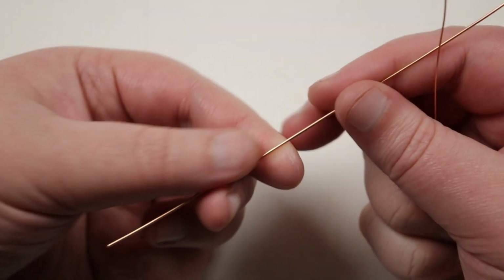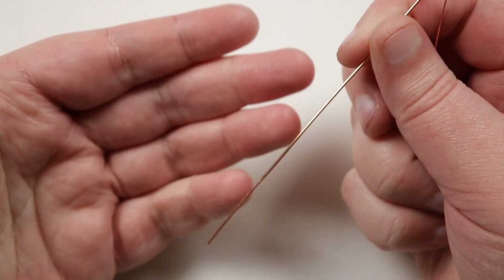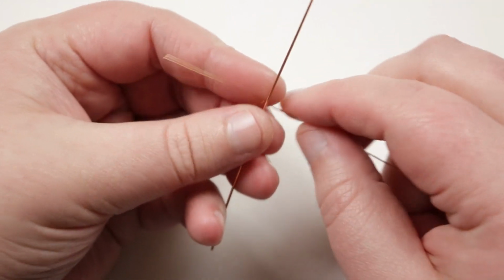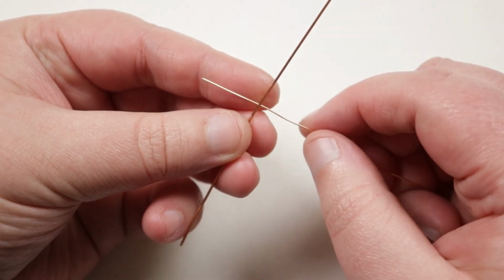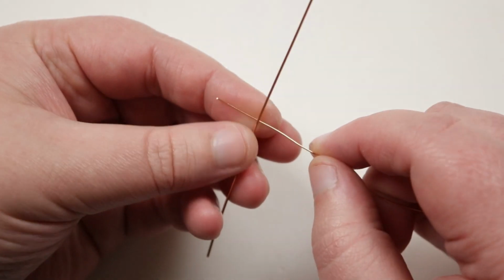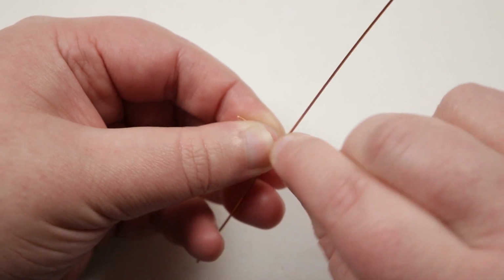And I'm working towards one end on the base wire. You want to leave a little length. You can start about 5 or so centimeters in. And then the 0.5mm here, I just want to start kind of towards the end of it. Just have a short little tail to be able to hold on to. And then you literally just want to wrap this around